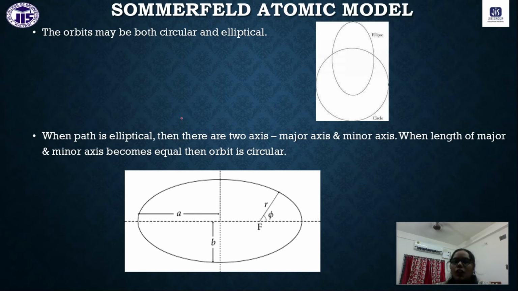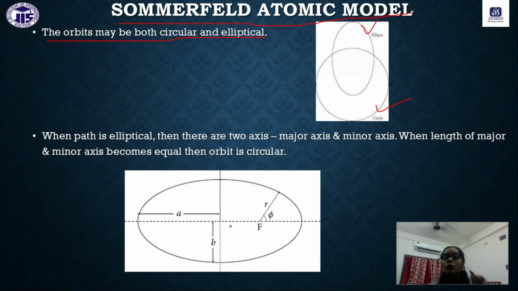Now, to sort out the problems of Bohr's atomic model, Sommerfeld proposed that the orbits may be both circular and elliptical. The electron can revolve around the nucleus through a circular orbit or an elliptical orbit. So if the electron revolves around the nucleus through an elliptical orbit,